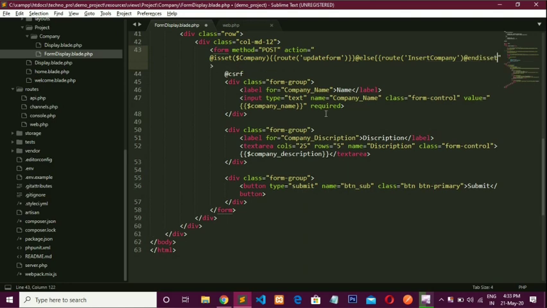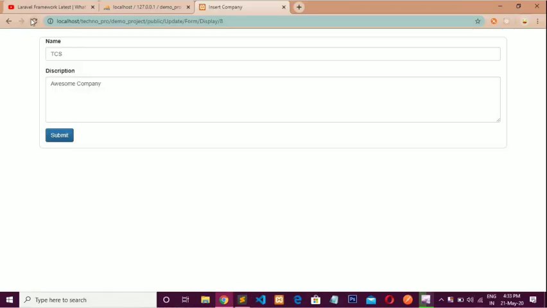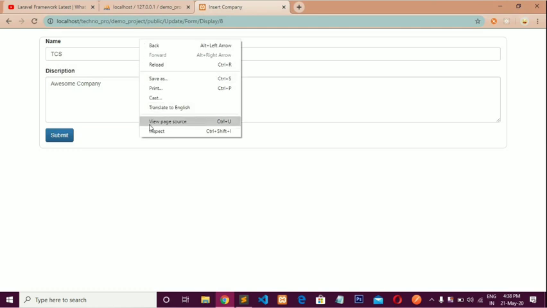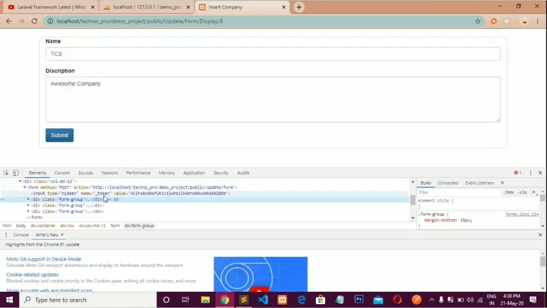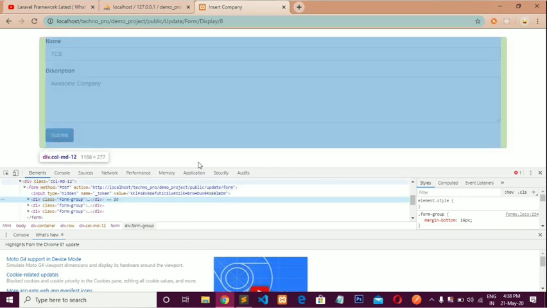Now save this, go to the browser, refresh this page and go to inspect element. Here you can see that we want to perform an update operation, so the URL is also update / form.